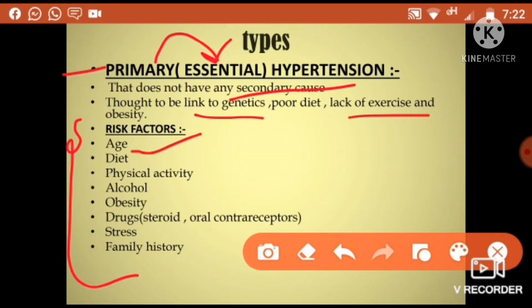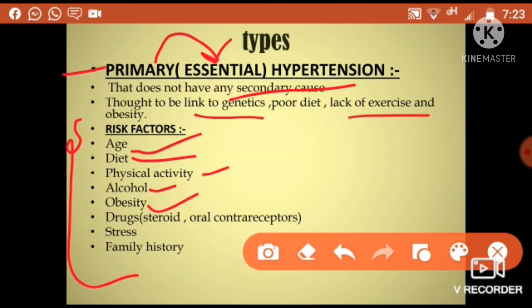The first risk factor is age. As a person's age increases, like old people, their blood pressure values cannot be brought back to normal. Why? Because it is an age-limiting factor. Then your diet, as we discussed, physical activity and exercise, as we discussed, and alcohol. A person who is addicted to alcohol must have hypertension, and this tension can be reduced only by removing or controlling and limiting the intake of alcohol. So the person will treat their hypertension by themselves.